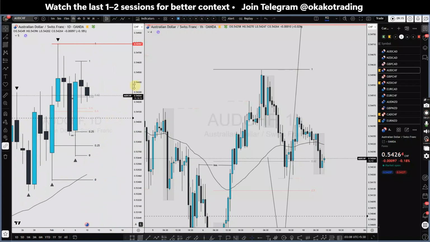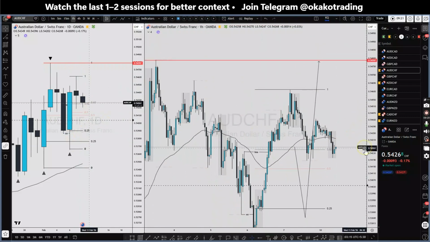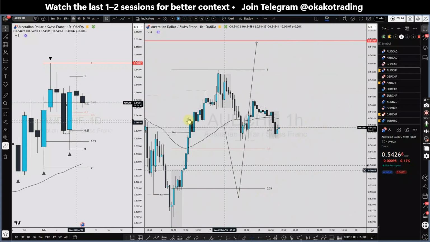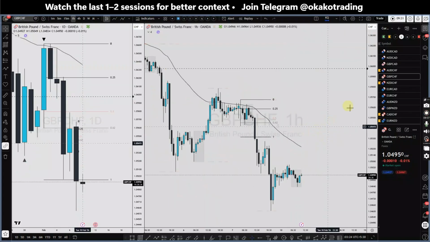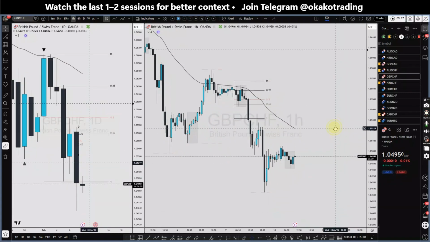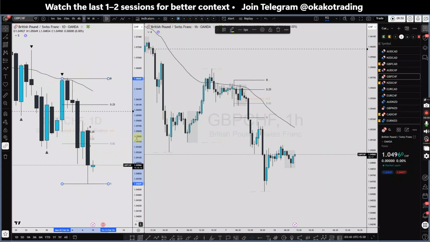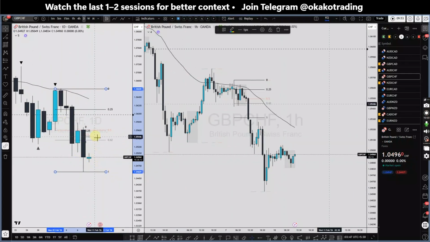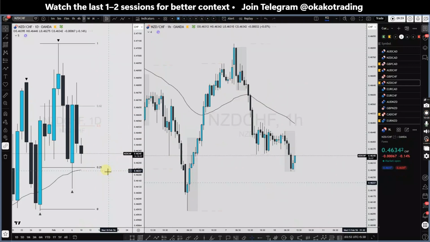AUD CHF, we are currently strongly bouncing from the discounted price, and we're looking for longs. I'm still waiting for a deeper correction towards this level. We don't have any new setup inside this region, so I'm just gonna skip it. GBP CAD, am I gonna add this into my watch list? Yep. GBP CHF, we just managed to create a new lower low. So this is a new structure. Actually, still, I'm gonna consider this one. It's far more better than this one. Yep. Let's wait for price to correct back higher into a premium range so that we can again start looking for shorts in GBP CHF.